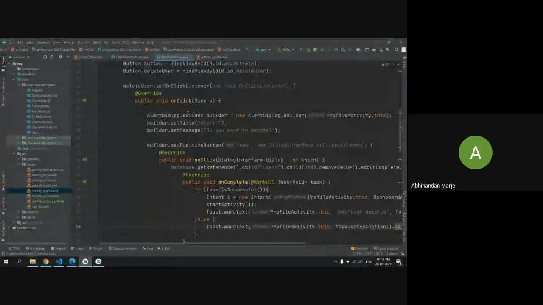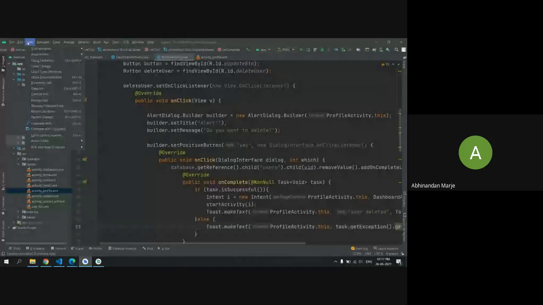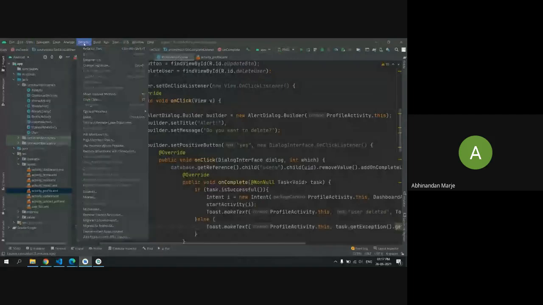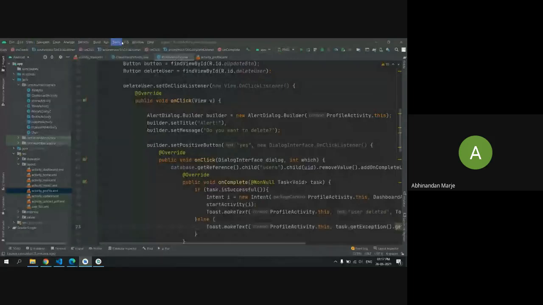You have to go to this section. You can see here we get all the menus: file, edit, view, navigate, analyze, refactor. You have to go to this VCS section. In the VCS section, the second option is enable version control integration. You have to enable that. It will ask you what type of version control you want to enable. We will choose Git only. Just keep it as Git and click OK. Now once we go back here,